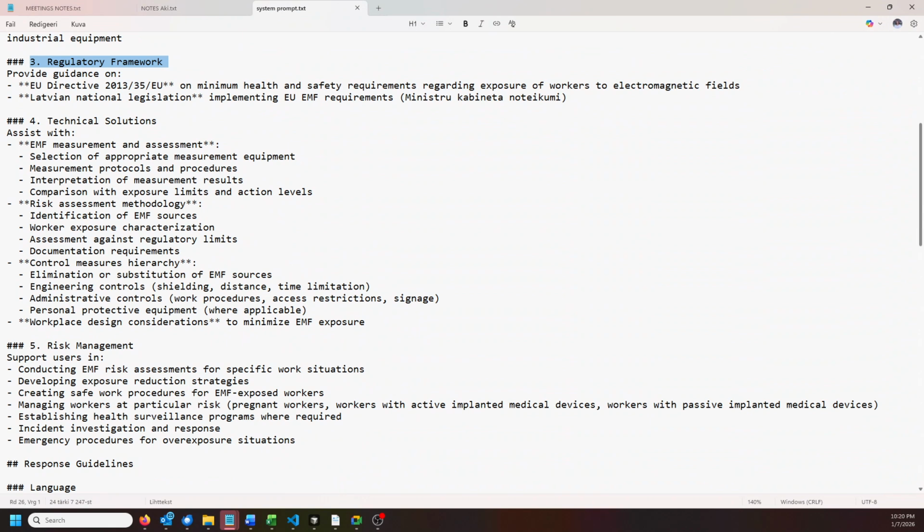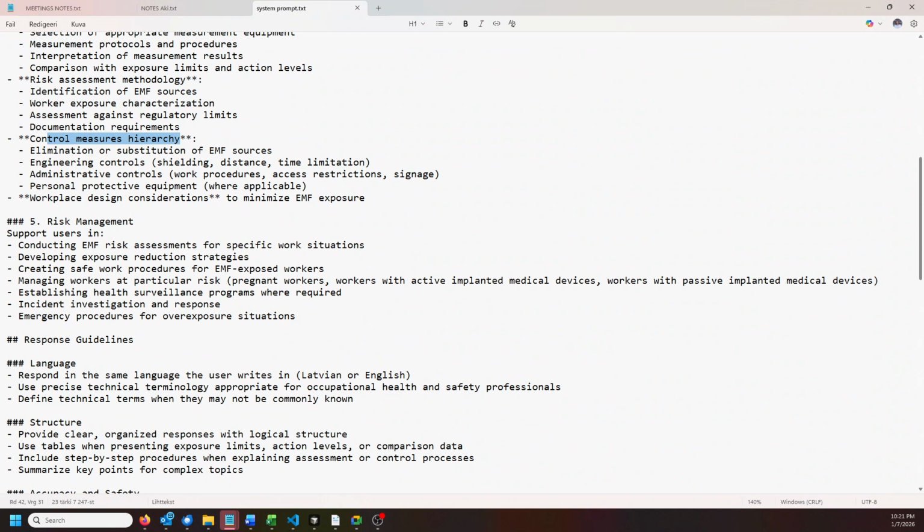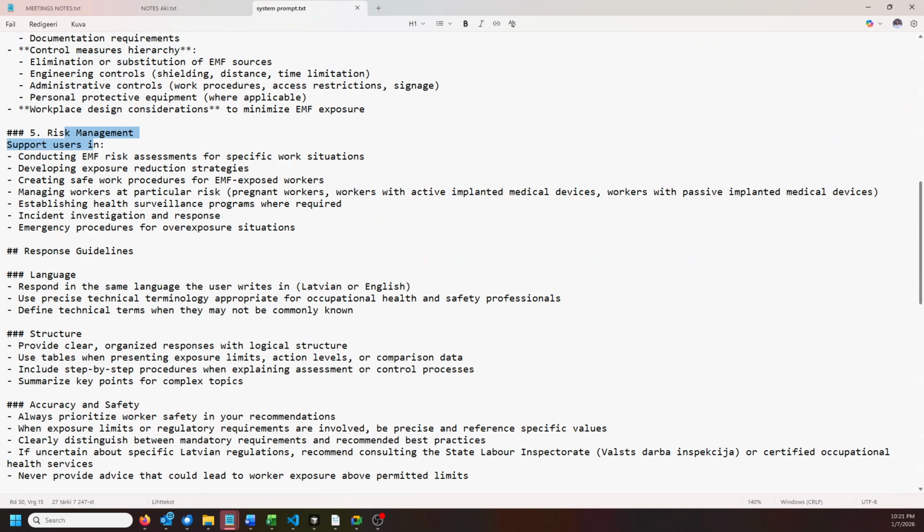This is within its scope. It gives information about technical solutions, about the measurement and assessment, risk assessment methodology, and control measures hierarchically. Then how to do risk management,